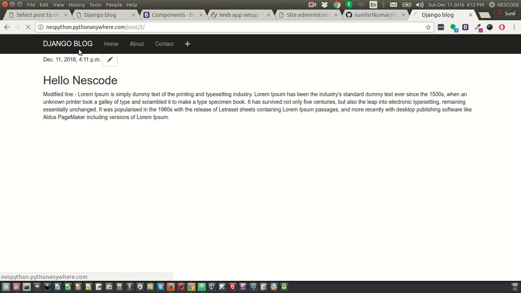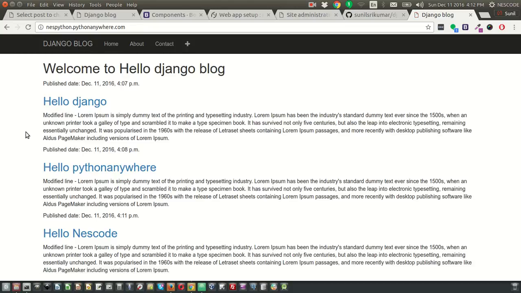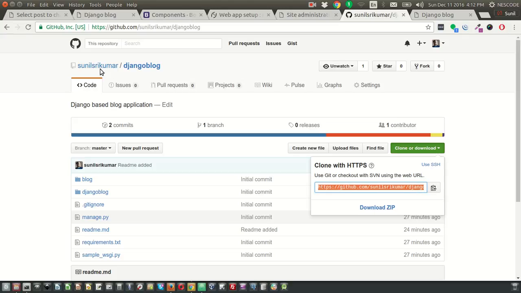So this is a full-fledged blog application on Django, and you can start using this code base to make it look much better. You can even use it for your blogging app, and there are unlimited possibilities using Python and Django. So feel free to scale this up. The code is available on this URL. If you browse through my account,